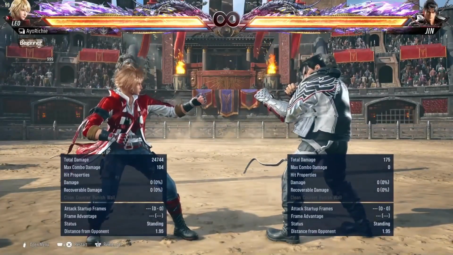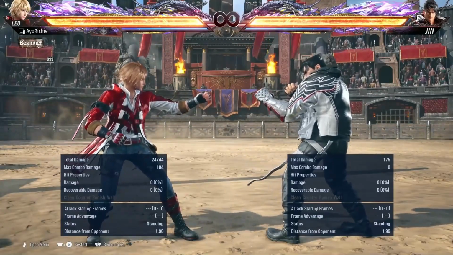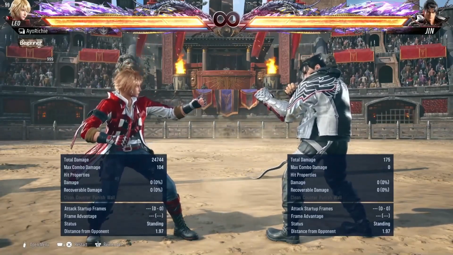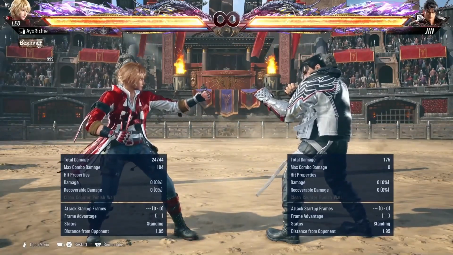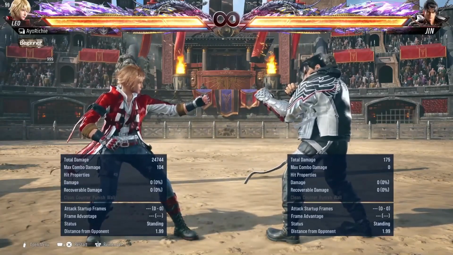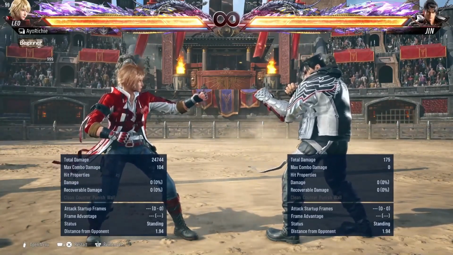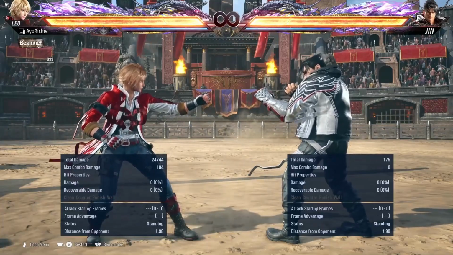Right, so I've shown you a few combos, so I feel like it's best that we summarize. And honestly, when it comes to KNK cancelling in combos, obviously you'll see with the damage differentiation that it's not the most important thing in the world, but where